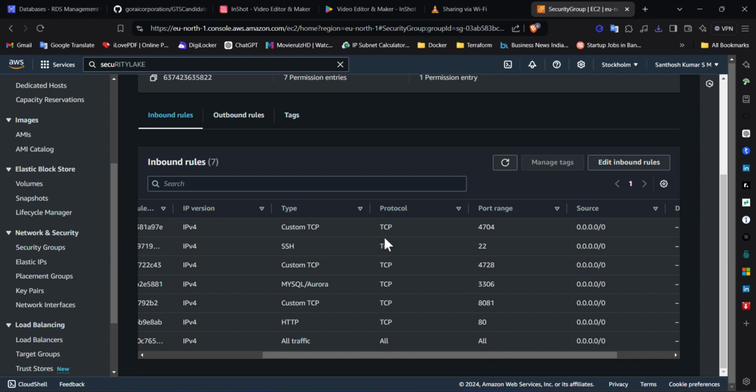So port number 404 for your microservices, and 22 for SSH, and custom TCP, that is 4728 for your identity service, and 3306 is for MySQL Aurora, and port number 8061 as an alternative port number for HTTP, and 80 for HTTP. So after that,